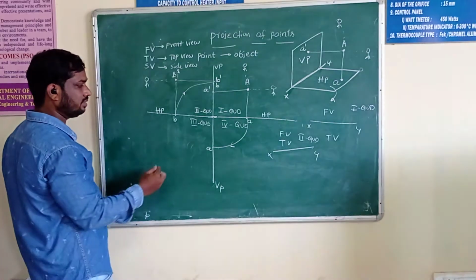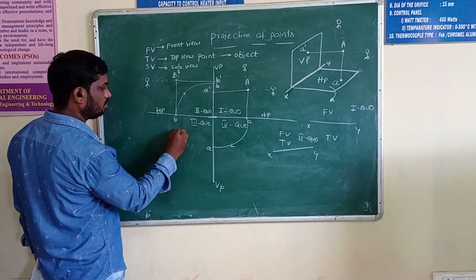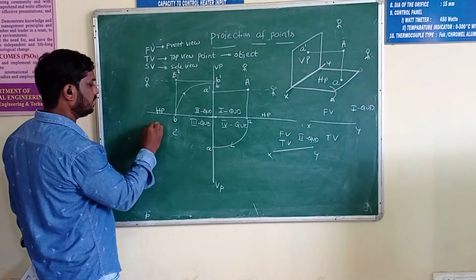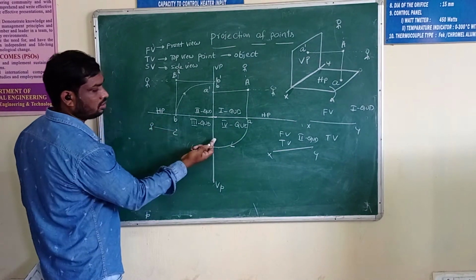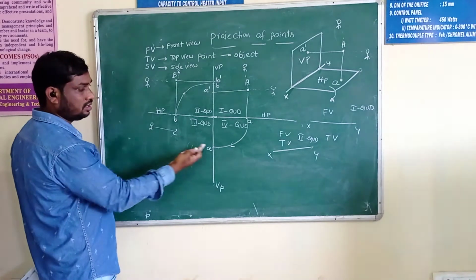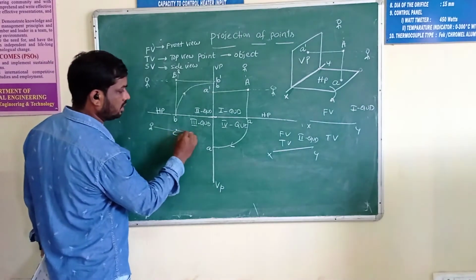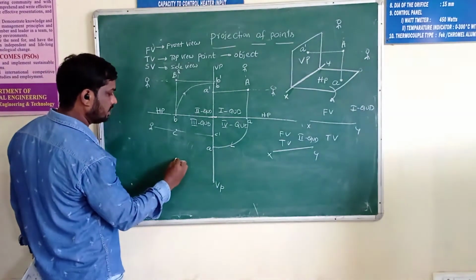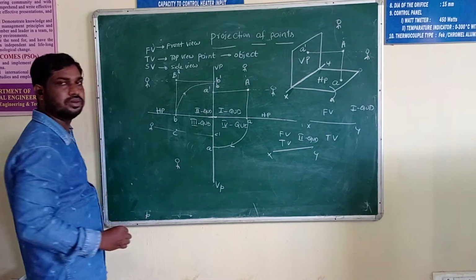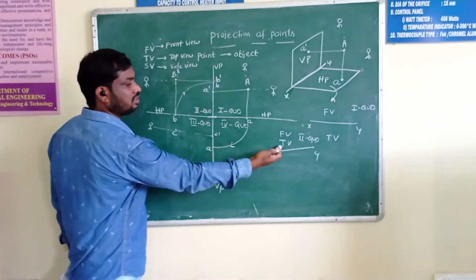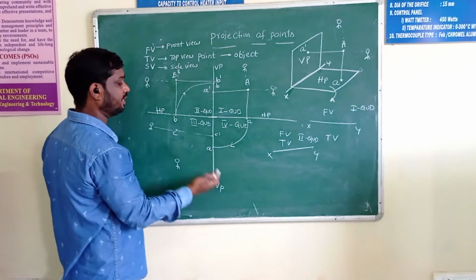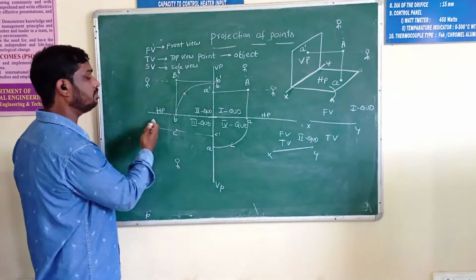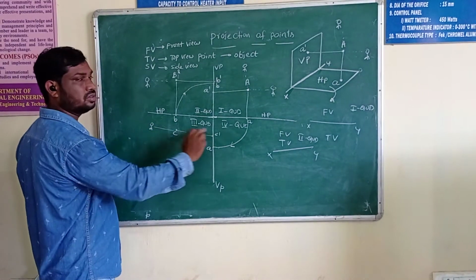And also applying the third quadrant, point C object. Object C, point C. The observer is here, standing perpendicular to the vertical plane, so that we are getting the front view. This is C dash. And from the front side, through the transparent plane, it is projecting onto the vertical plane. I am taking the observer here so that it projects onto the vertical plane.